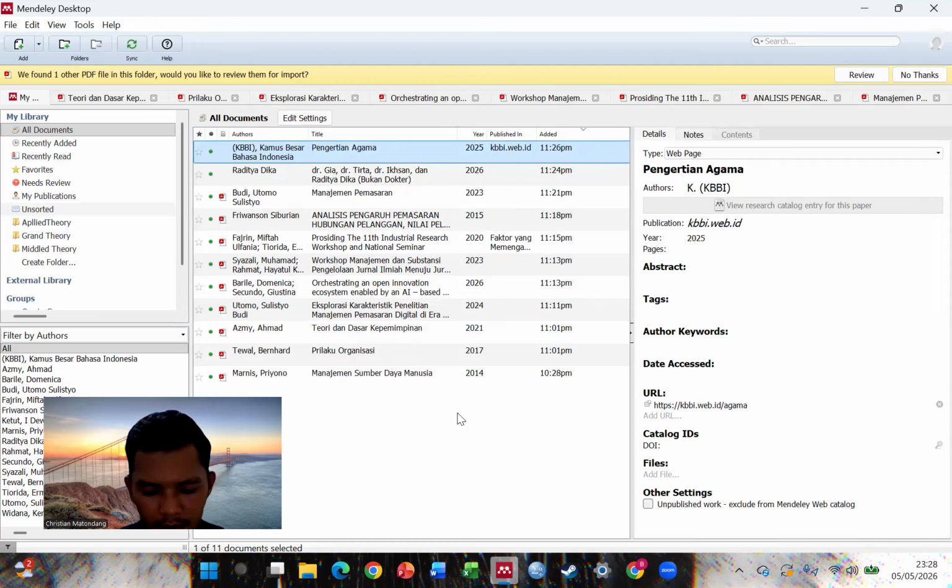The first method is to download only the metadata. Look for the export citation button on the website. Then choose the RIS or BibTeX format. This tiny file contains all the journal information, without the actual PDF. Just add the file to Mendeley via add files and the data will be filled automatically.